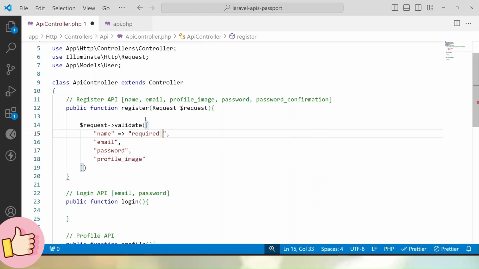So it is a required string value for name. For email, it's also required, that it will contain a valid email value. It will be unique in the users table, and the column name will be email. Password, it is required, and also it is confirmed. It means we have to add one more field called password_confirmation. Profile image, it can contain a null value as well, and